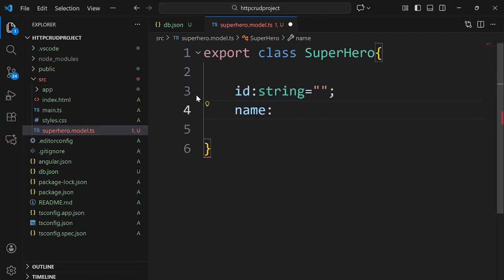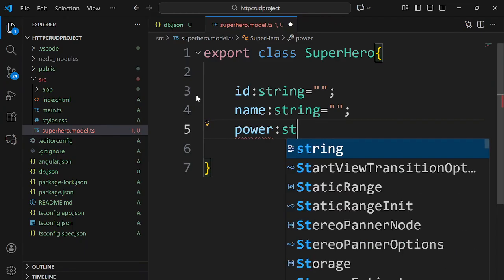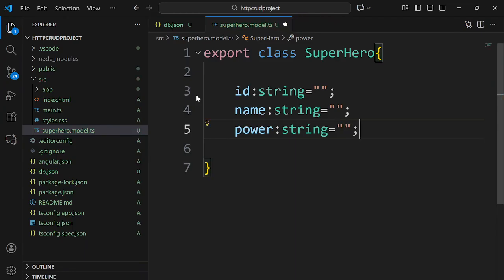Fine. So name is string empty now, and then I will create superhero will have some power, special powers, that will also be of type string in this case. Okay, and then the superhero belongs to which universe? So that's something which I'm thinking of. Again, an empty property. So 4 properties I'm creating for the model. ID, which has to be there, which is something that defines each superhero, right? Something that uniquely identifies the superhero. Then we have the name of that superhero, power, and then the universe, and also I will specify the data